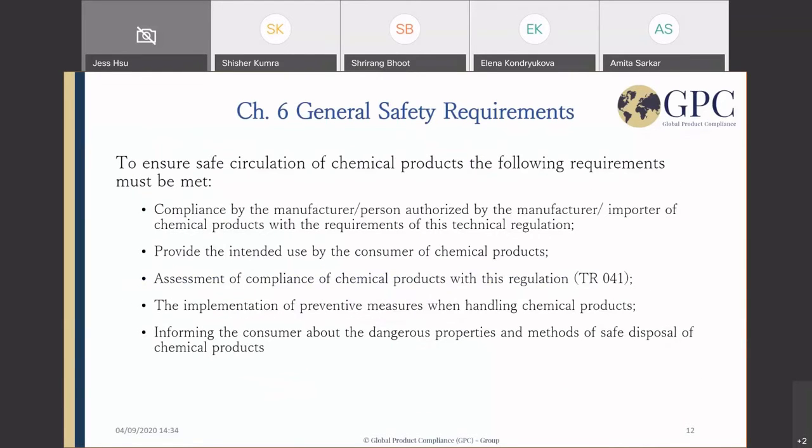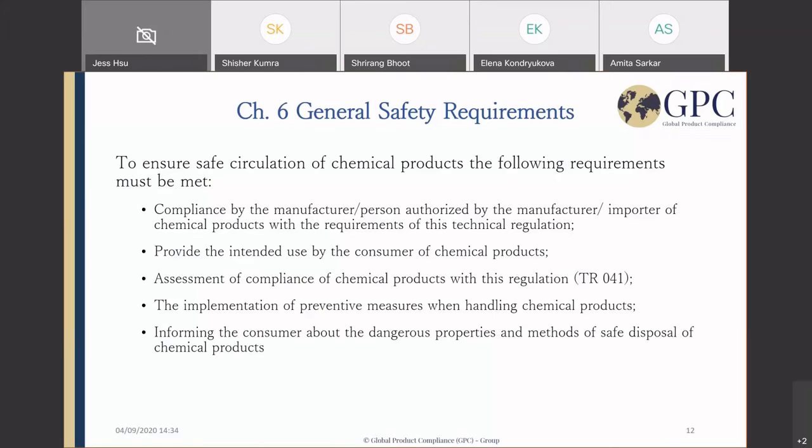General safety requirements. To ensure safe circulation of chemical products, the following requirements must be met. First of all, compliance by the manufacturer, person authorized by the manufacturer, or importer with the requirements of this technical regulation 41. Then it is also important to provide the intended use by the consumer of chemical products, assignment of compliance of chemical products with this regulation,